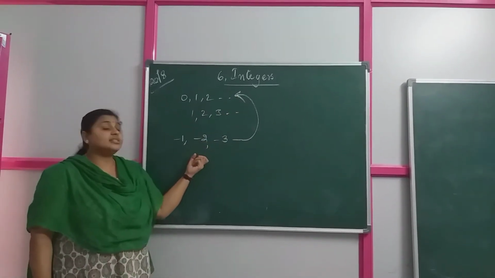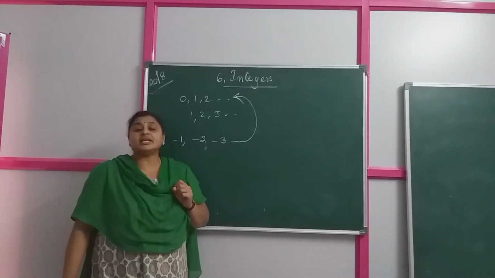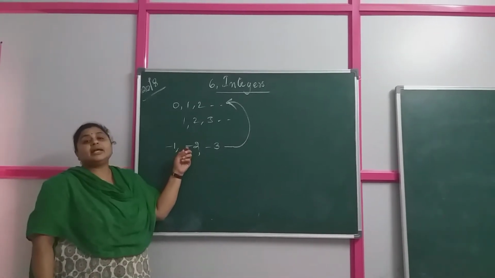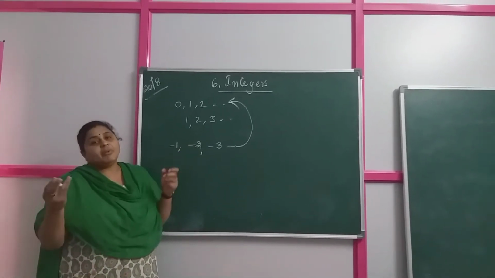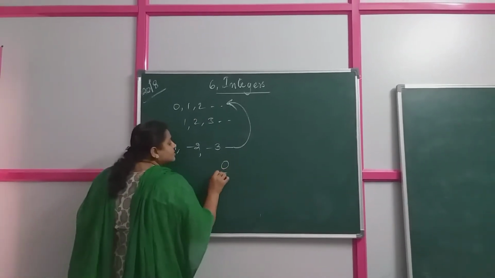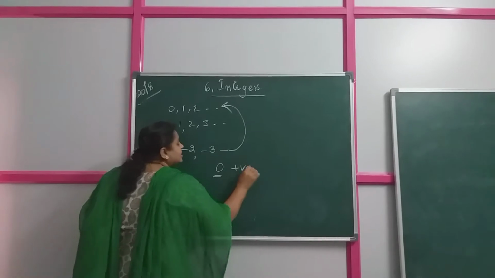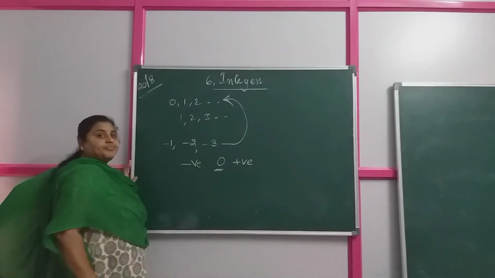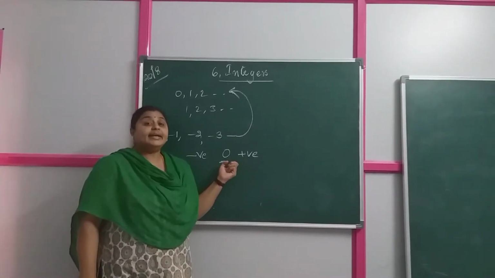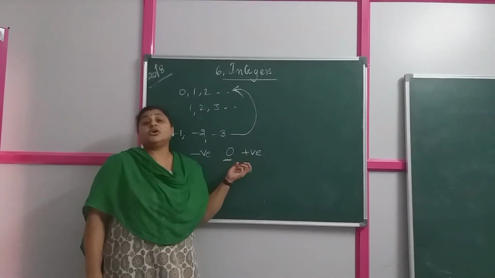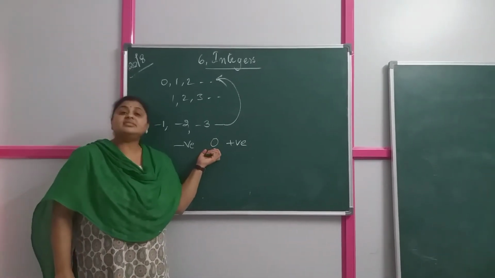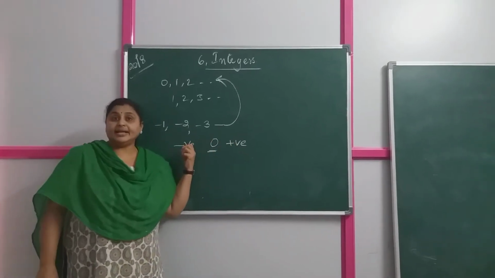Generally integers are of two types, negative integers and positive integers. Negative integers are given the sign minus. Positive is nothing but plus. And zero separates positive integers and negative integers. In between the positive and negative integers we have 0. It doesn't mean that 0 is negative. No, 0 is neither negative nor positive. The digit 0 separates the positive integers and negative integers.